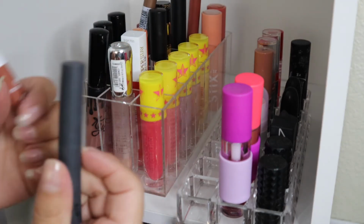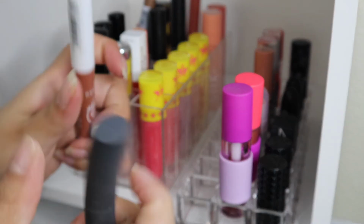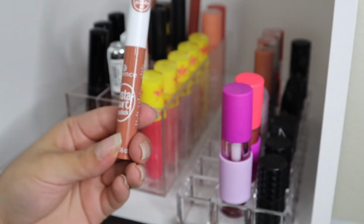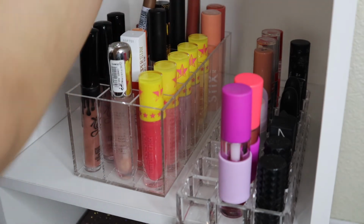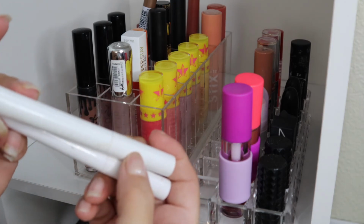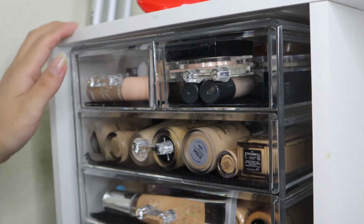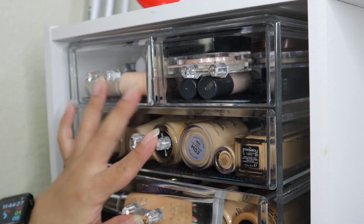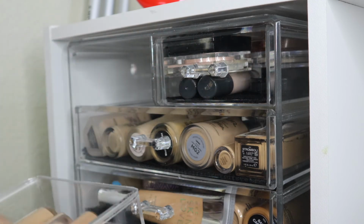I have a Bite Beauty Lip Crayon. And then an Essence Insta Care lipstick. And then lastly, I have 2 ColourPop lippy sticks in Lumiere and in Taurus. Now moving on to here, I have this acrylic organizer. I also got this from Amazon. So in the first drawer, I have